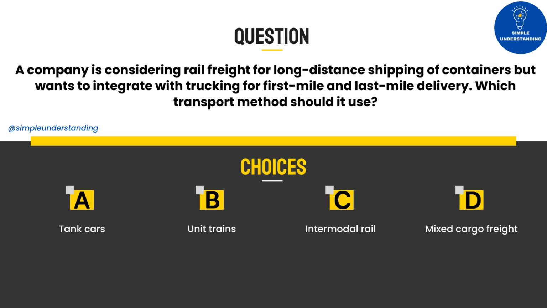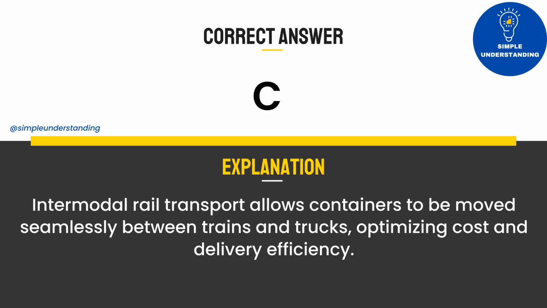bulk shipments. 2. A company is considering rail freight for long-distance shipping of containers, but wants to integrate with trucking for first-mile and last-mile delivery. Which transport method should it use? A. Tank cars. B. Unit trains. C. Intermodal rail. D. Mixed cargo freight. Correct answer: C. Explanation: intermodal rail transport allows containers to be moved seamlessly between trains and trucks, optimizing cost and